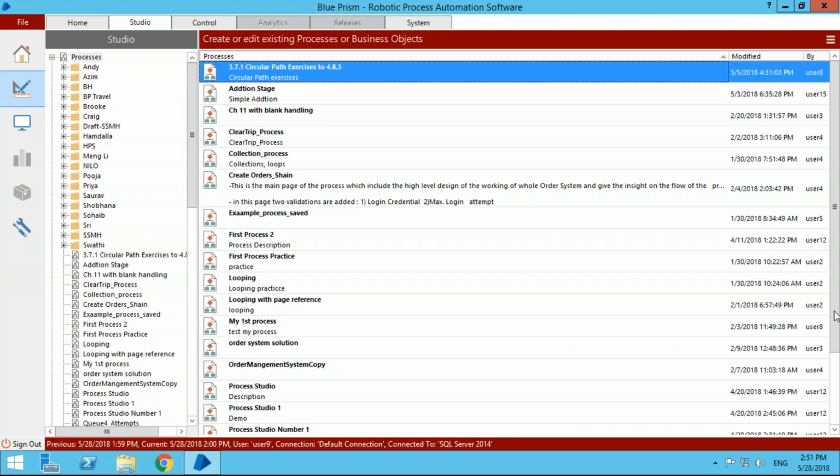Your Blue Prism credentials are the same as your VM credentials. Generally one of us will be, say, user 9, and you'll be user 4, something like that. The same password you use to log into the virtual machine is the same one for Blue Prism itself. No? Okay, that's fine.